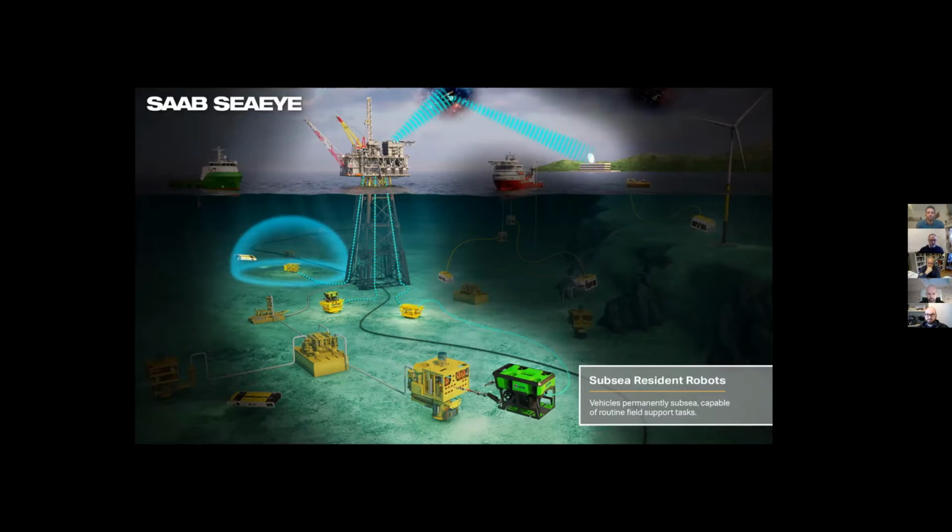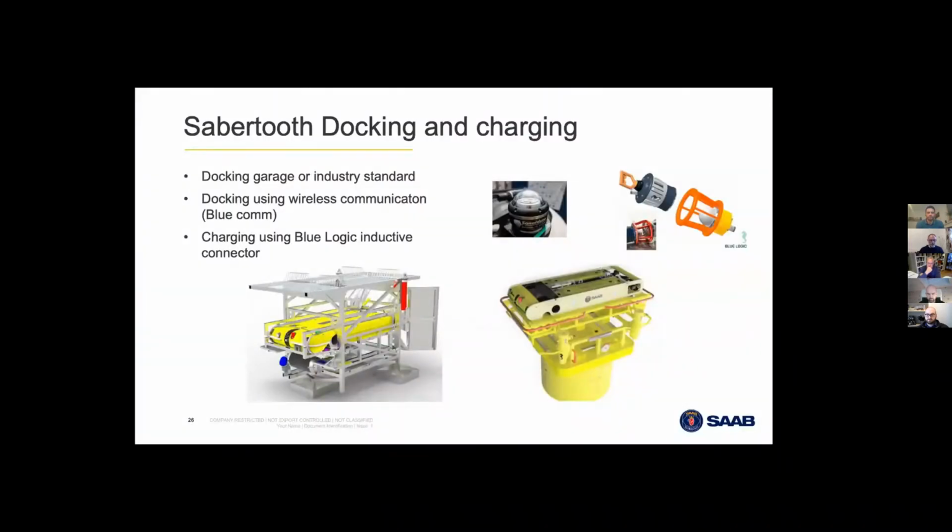One of the key enablers for resident systems is docking. And here you can see both an in-house developed docking station on the left and the Equinor standard docking station on the right. In order to control, charge, upload and download mission data, a safe vehicle dock is required, and there is benefit in finding and locating the docking station autonomously, either for efficiency or in the event of a loss of communications. In these 2 examples, docking is controlled by a pilot using step-by-step controls through a Sonodyne Bluecom